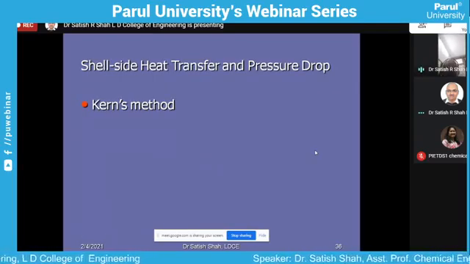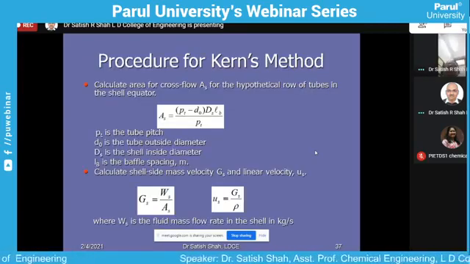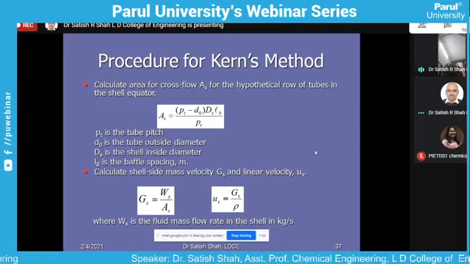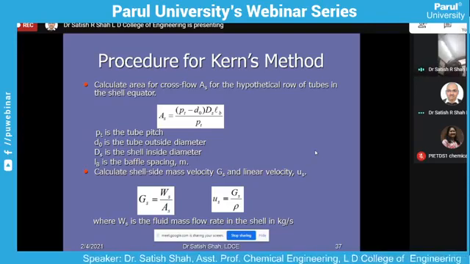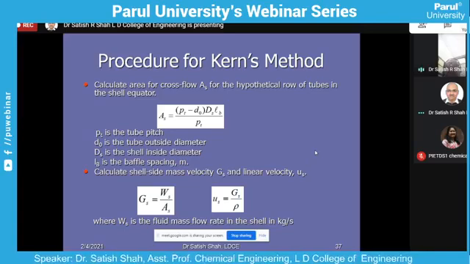Now see, for the shell side heat transfer coefficient, I will only tell you the Kern method. I don't think that time will permit us to solve the problem, but whatever PPT I have sent, everything, you can collect from the organizer for all these things. So the shell side pressure drop,